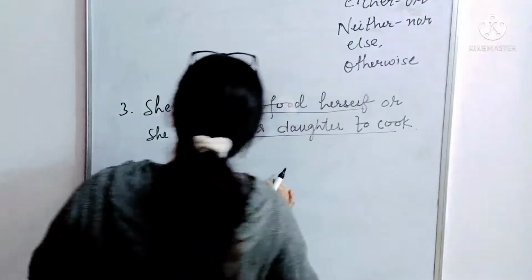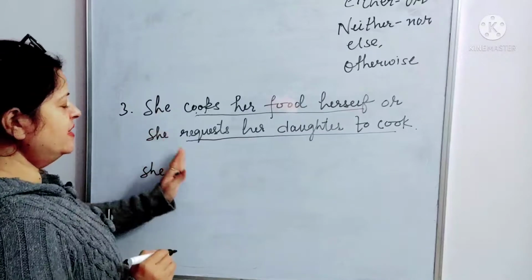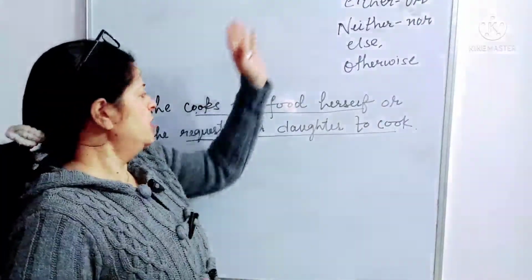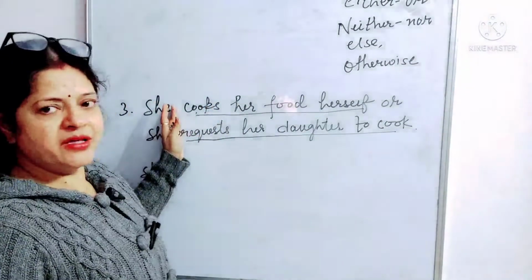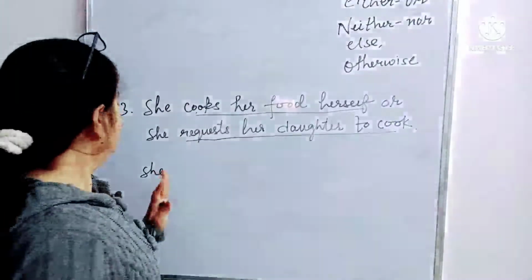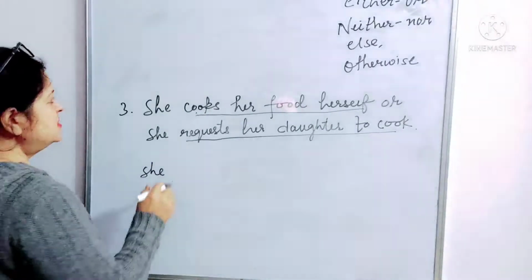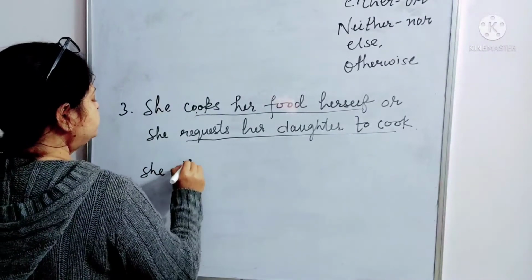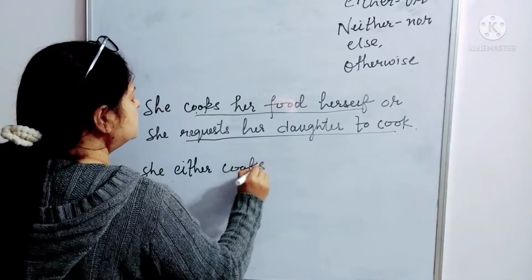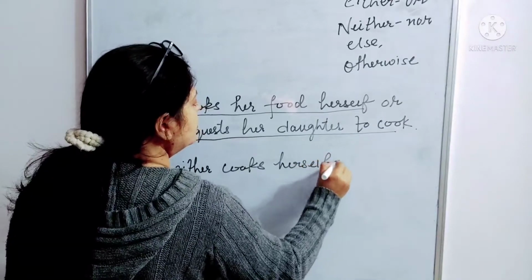So what we'll do is, first we'll write she because the subject is common. Then we will write either and or before one predicate, either before one predicate and or before the other. Okay. So it would be like this. She either cooks herself or,